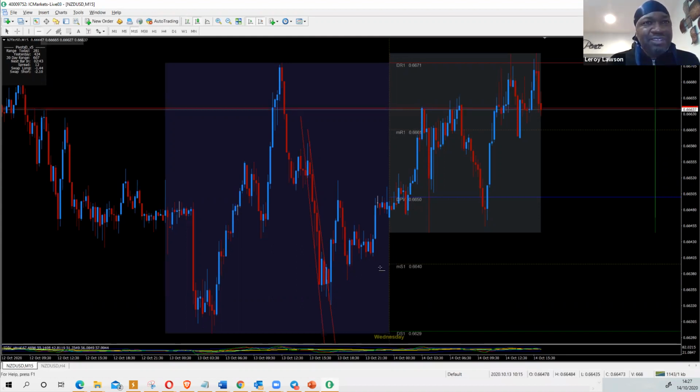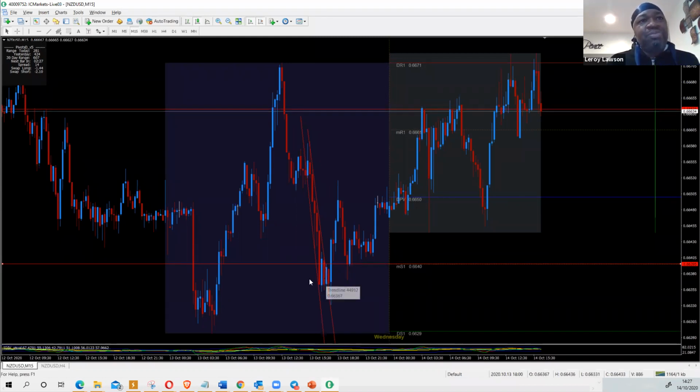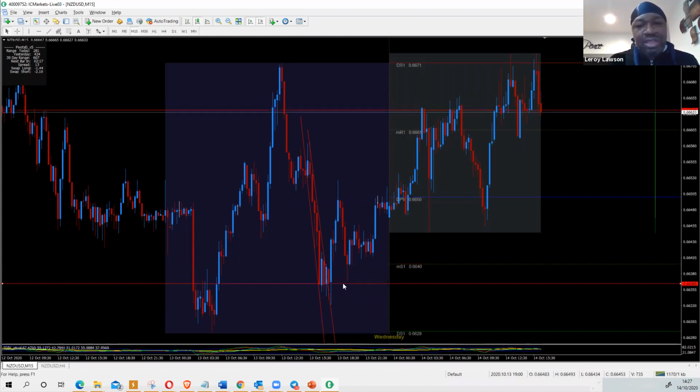If I extend this out, this bit here was yesterday. Price hit around this level. Now this slightly adjusts as the day changes. Yesterday it might have been slightly down a bit, so today it's slightly up, but yesterday it was around here. Price sat at this level. It was actually more like this. And I didn't do anything clever. I just looked at the